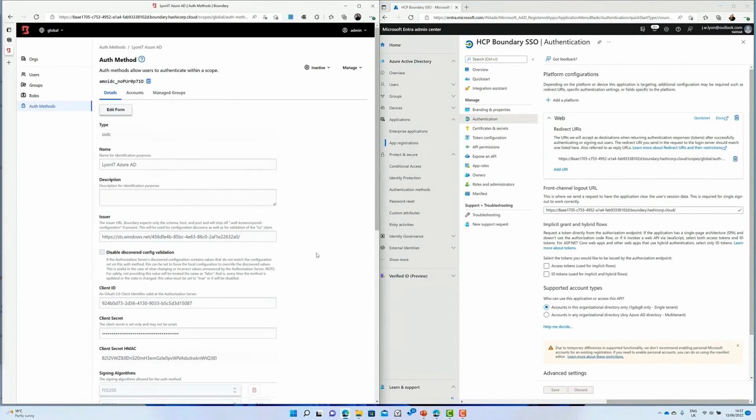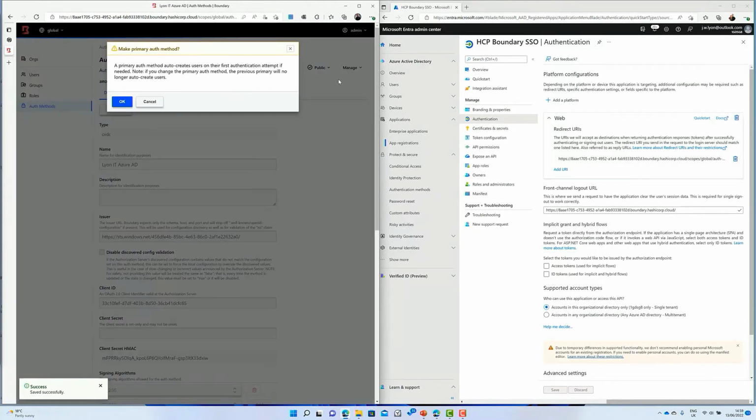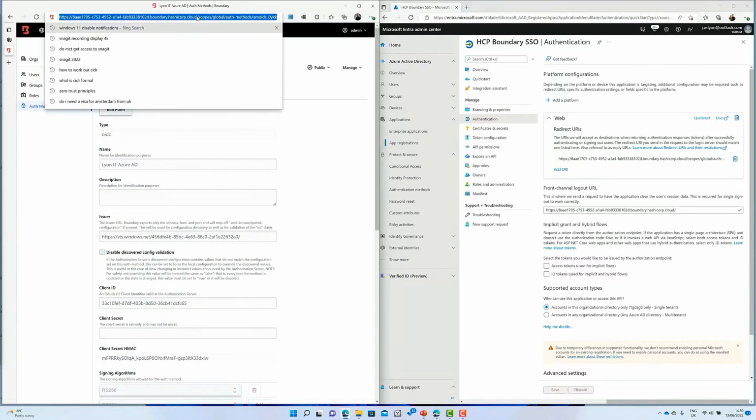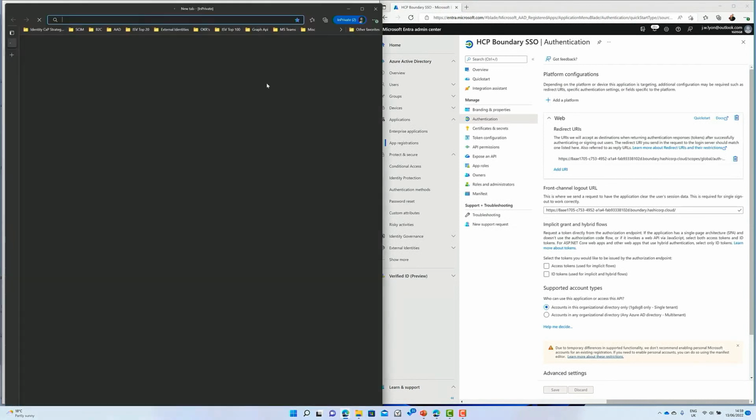We then have 2 other steps we need to do. First, we need to change it from inactive to being public as an OIDC provider. And then we're also going to make it our primary auth method. So when we log into Boundary, you'll see that Azure Active Directory will be the primary method, but you could also have username and password as a secondary option. So when we open into a new in private browser,